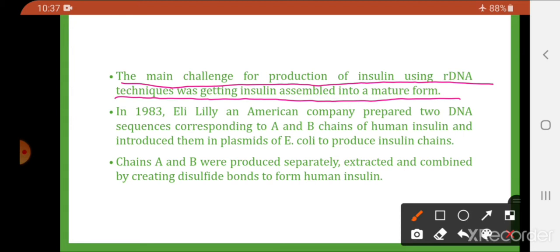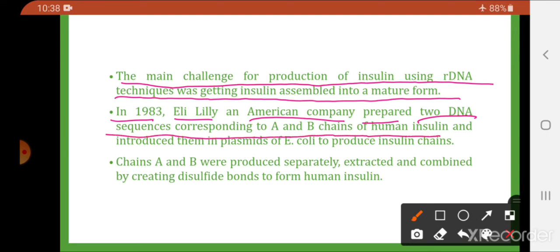सो रिकॉम्बिनेंट डीएनए टेक्नोलॉजी से जो चैलेंज थी, मेन चैलेंज क्या थी? To assemble the insulin in the mature form. So in 1983, Eli Lilly, an American company, prepared the two DNA sequences corresponding to chains A and B